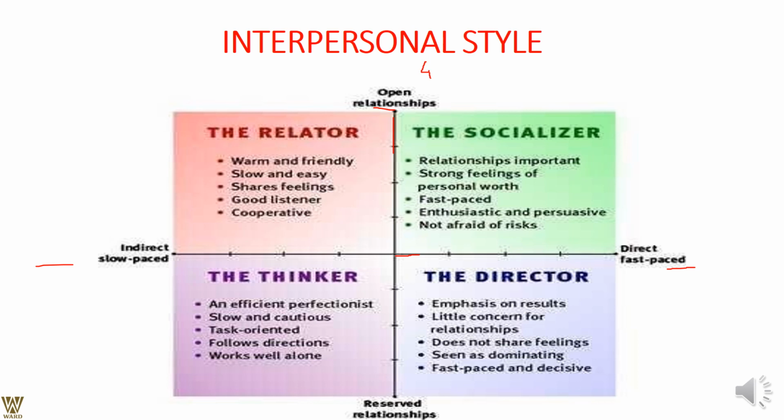But what happens when there is an open relationship in a direct fast pace? That means there is some ambivalent transaction happening. It is all about wealth, probably family, probably risk. And relationship is more important. Believe it or not, it's the socializer. In reality, it is always a neighborly feeling that comes around it. There is no tagline attached to it. There are no values, or everybody has a good value, but there are no better outcomes that one is looking forward to. But in socializing, which is direct pace, there are outcomes attached, there are emotions attached.